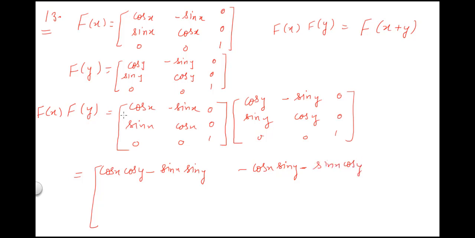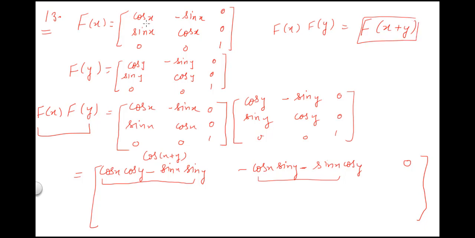Clear? Now with the third one, first row will get multiplied with the third. So you see cos x multiplied with 0 is 0, minus sin x multiplied with 0 is 0, and 0 multiplied with 1 is 0. So we get 0 here. Okay, so I'm just giving a hint to you: think, is this an identity? Right, so you see cos a cos b minus sin a sin b is the identity of cos of a plus b. So cos of x plus y you are going to get here. You will get cos of x plus y, and this is our purpose only because we have to show the multiplication will give us a result, that is f of x plus y.